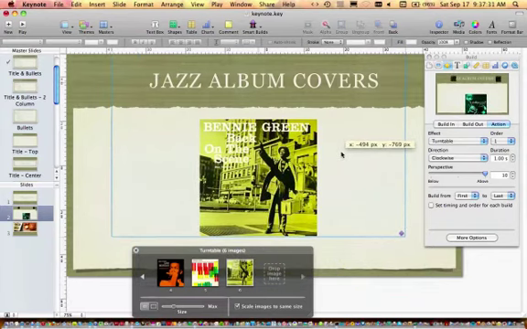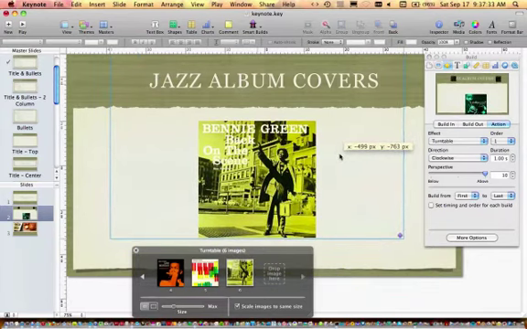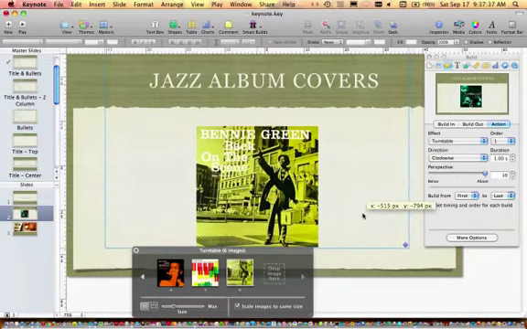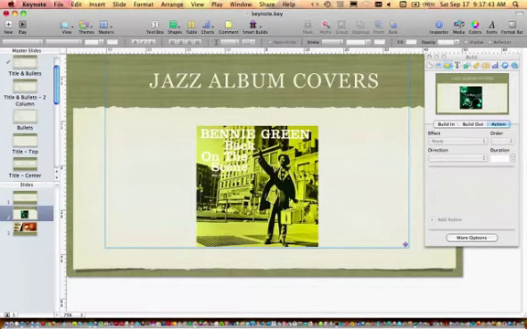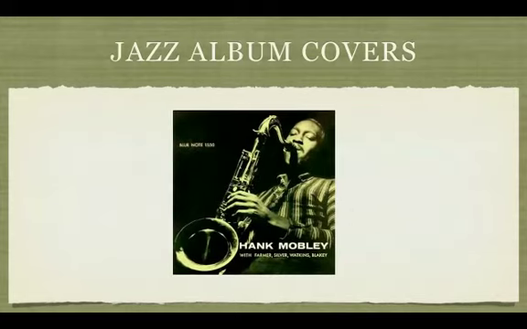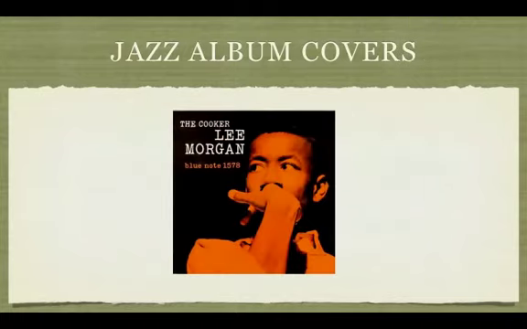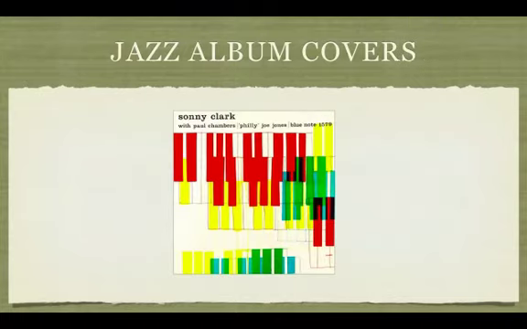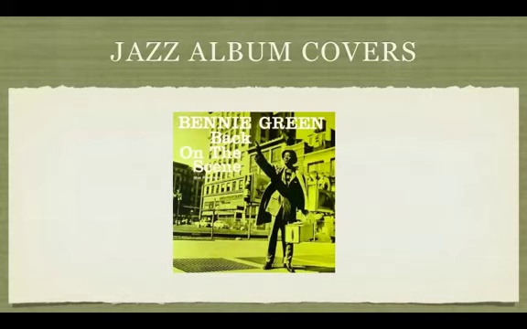So I'm almost there. I think maybe I want to make this a little larger. Let's see. Okay, well, let's go ahead and play this back. And I have it set to on click, so I'm going to click and advance each one. And as you can see, they're turning just like a turntable. Very cool. If you want to wow people during a presentation, throw in a smart build and you'll have everyone